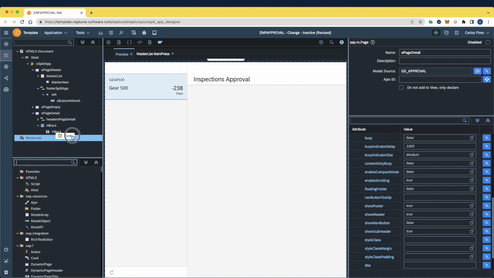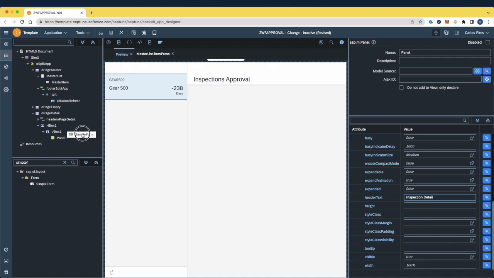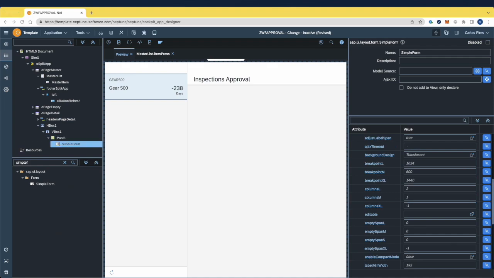And for that, we will need a panel. Let's change the header text to inspection detail. And now let's put a simple form inside the panel. Inside the simple form, we want to put 4 text fields. So let's start by